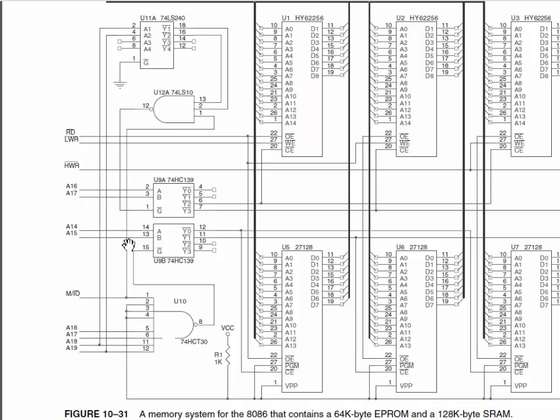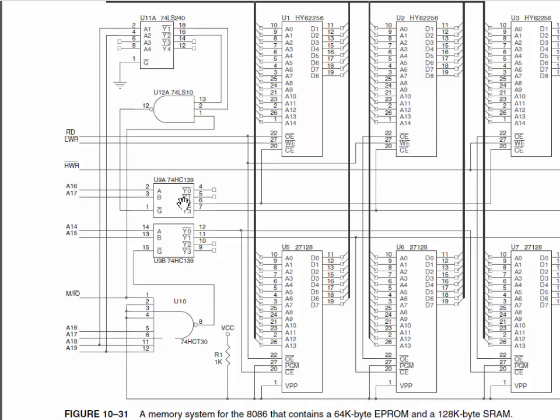Pin 1 is tied to our line I/O memory NOT. So memory has to be selected for this output to be high, and we know that's the case. This is a memory interface. A18 and A19 have to be high. So the output of this is A18 and A19 have to be high, and that will select this